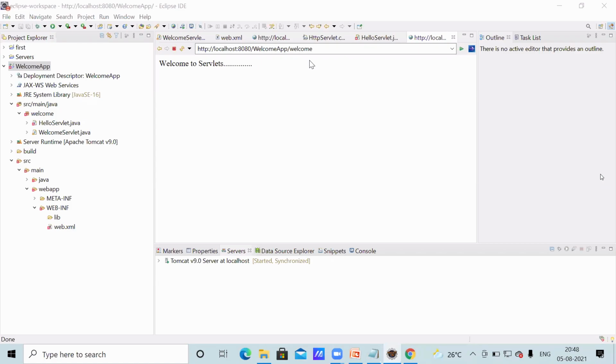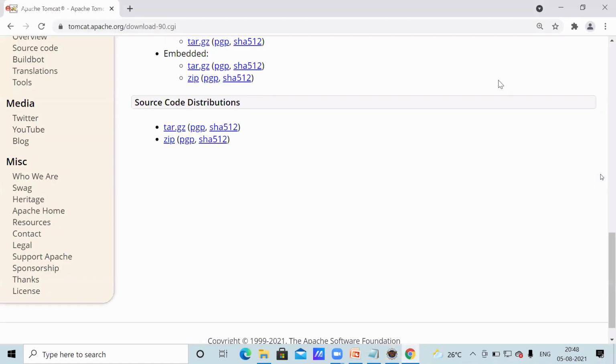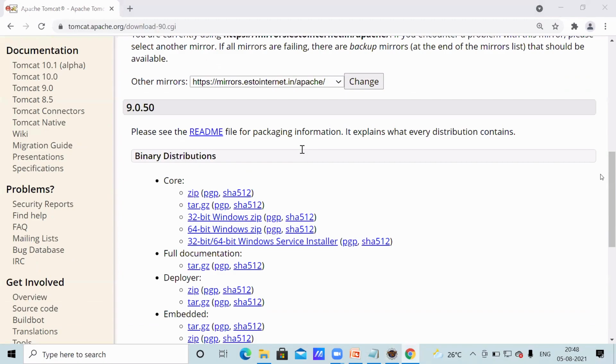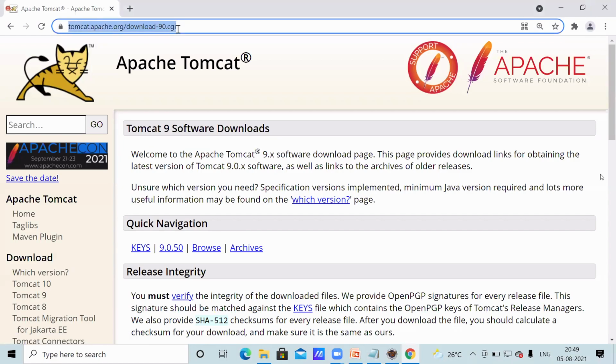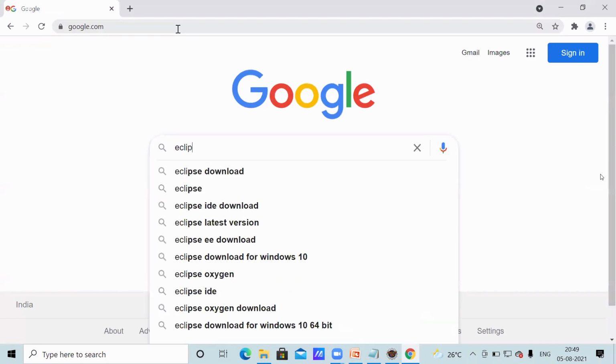You have to download Java EE for Eclipse. As a beginner, you have to practice without Eclipse; now, after getting knowledge, both kinds of knowledge are required. Eclipse I've shown: Google.com, Eclipse download.